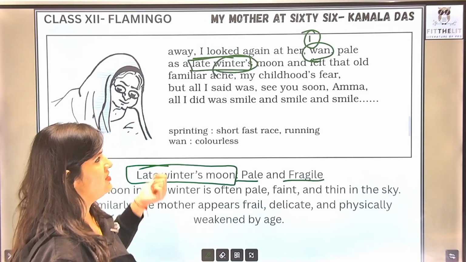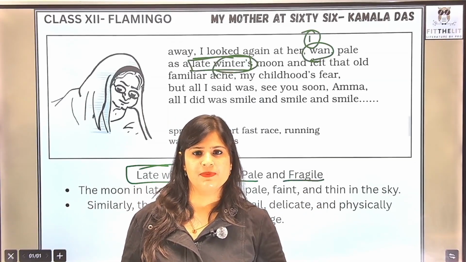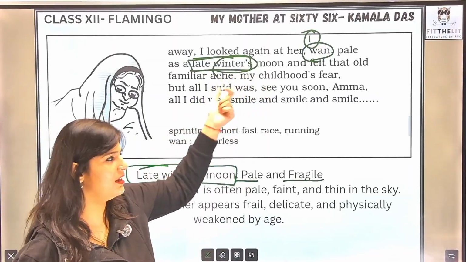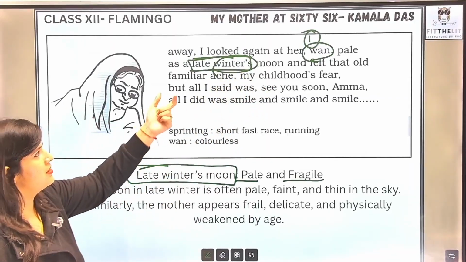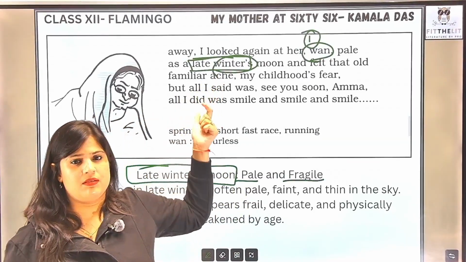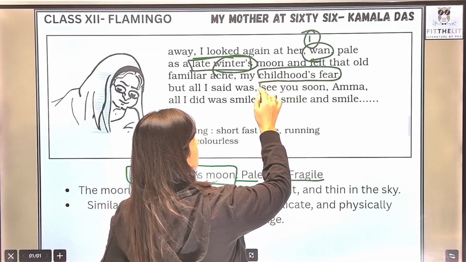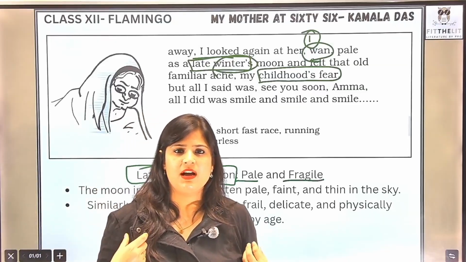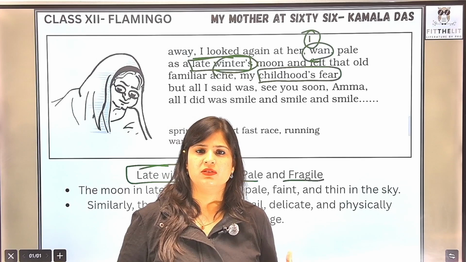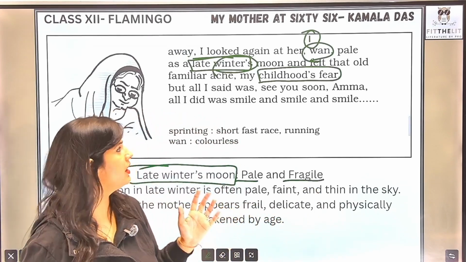So when she looks at her mother again, she has again the same negative feeling. She is going to lose her mother because the mother is looking really pale. She is looking colorless, right? And she is looking just like a late winter's moon. And suddenly that old childhood fear, हमें ये चीज होती है ना कि वो एक फियर हमारे दिमाग में होता है शुरू से, right from the childhood, कि we are going to lose our parents someday, so that fear again creeps into her mind, again वो ही फियर उसको याद आ गया.